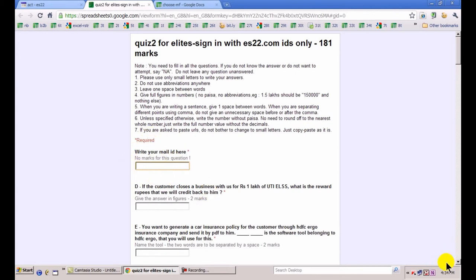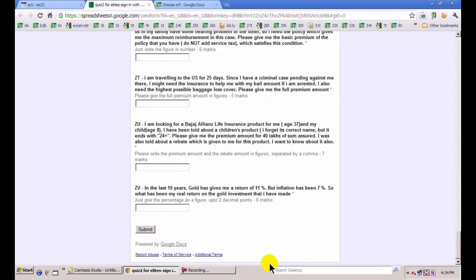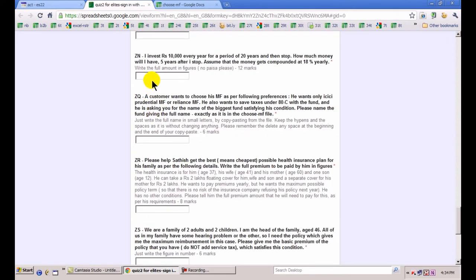The minute you finish the quiz and press the submit button, your mailbox automatically gets a mail saying the questions you have submitted are so and so, the correct answers are so and so, the wrong answers are so and so, your score is so and so. And remember, it's not a multiple choice online quiz, it's a descriptive online quiz. I think it's one of the very few quiz formats available in India where you write a description, and the product at the back end automatically calculates your score and sends it to you.